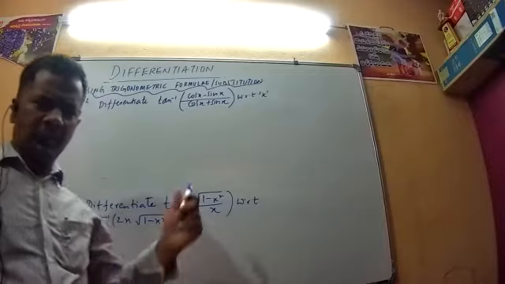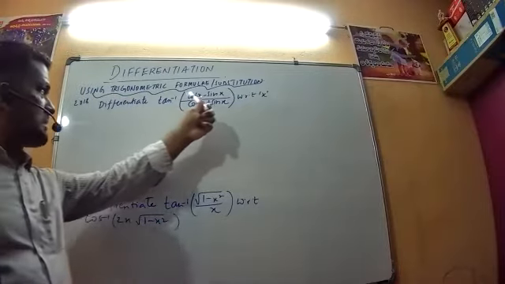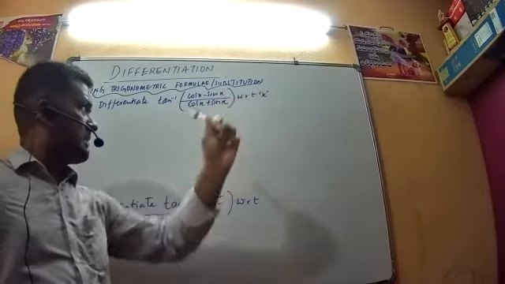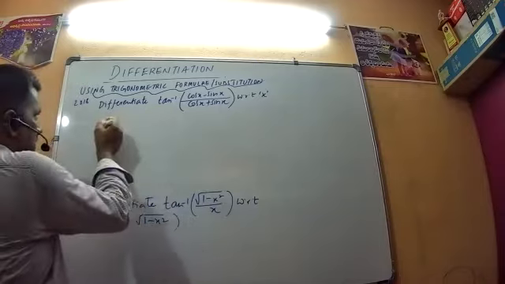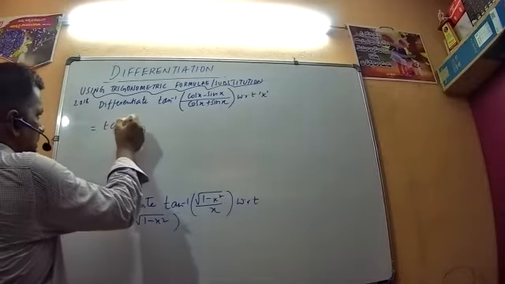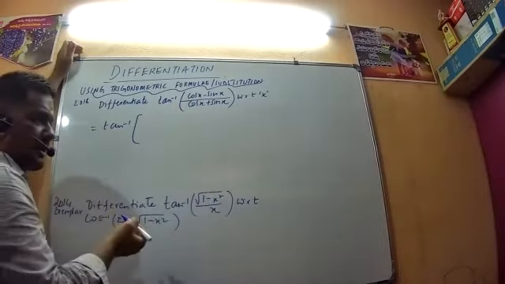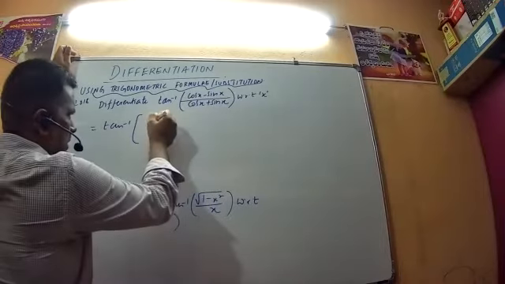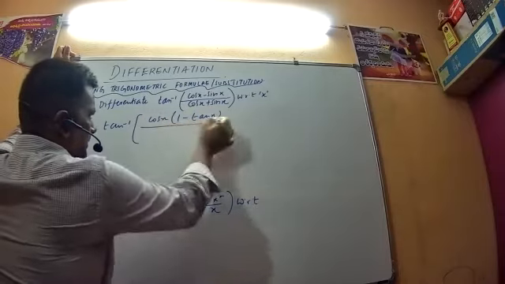See the next question. It was given in 2018. Differentiate tan inverse of (cos x minus sin x) by (cos x plus sin x) with respect to x. To solve this particular question, take cos x common in the numerator as well as in the denominator, or divide throughout by cos x. Both mean the same. So 1 minus tan x by 1 plus tan x.